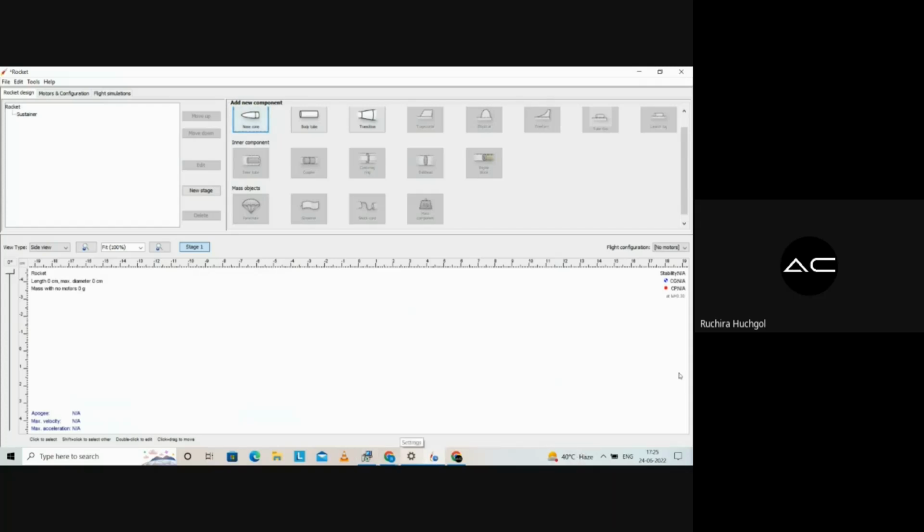Also, Yash will walk you through OpenRocket, but here you can get your CG and CP, which are noted by red and blue dots. You can get the value of stability here, then length, diameter, mass with motor and without motor, also your maximum altitude, velocity, and acceleration. All this data can be calculated from OpenRocket, and there are simulation graphs as well, which can be used to evaluate. So this is the basic theory that you will need while solving the problem statement.